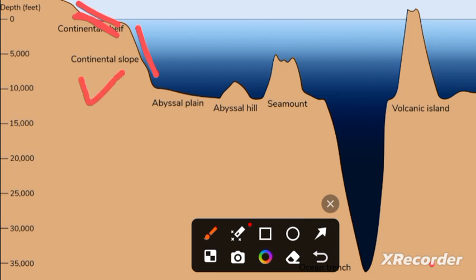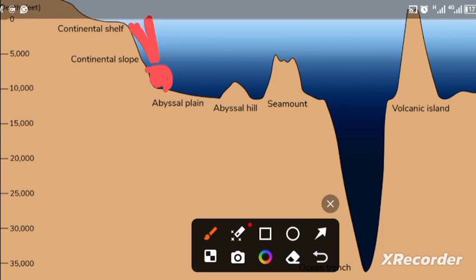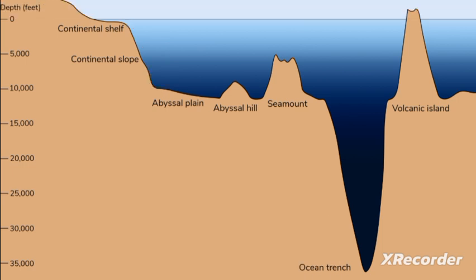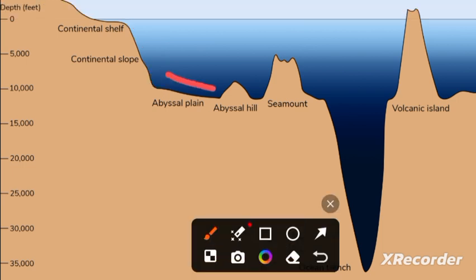There is another feature which is not in this picture. Sometimes, because of the accumulation of all the sand and sediments that are coming down, we have a continental rise also. It's a raised area we sometimes have here because of the continuous accumulation of sand coming down from the continental slope, right? After that you can observe that we have a plain area. The plain area in the ocean we call the abyssal plain.